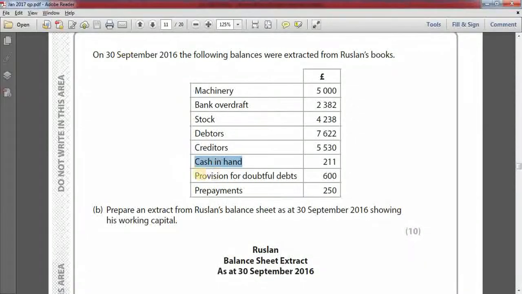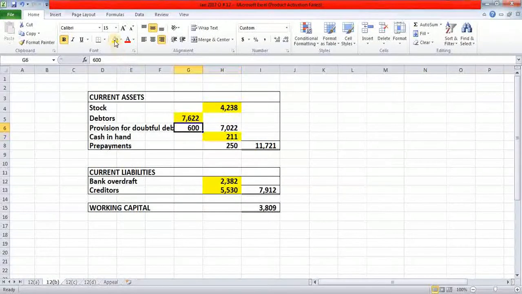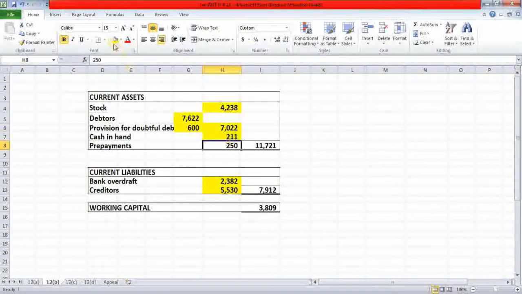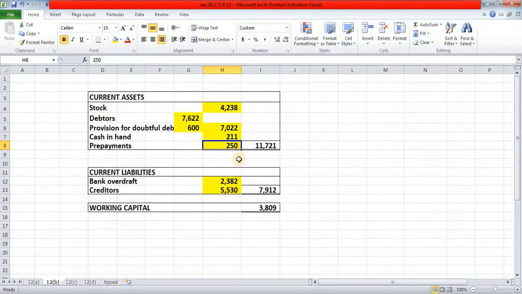The next one is provision for doubtful debt 600. This item is always deducted from the debtors amount, 600, and if you deduct this from 7622 you will get 7022 as net debtors. And the final one is prepayments 250. This one is a current assets item. Here is your 250. Now if you add the current assets items you will get 11,721 pounds, and if you